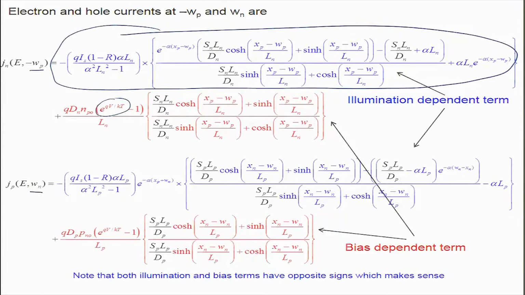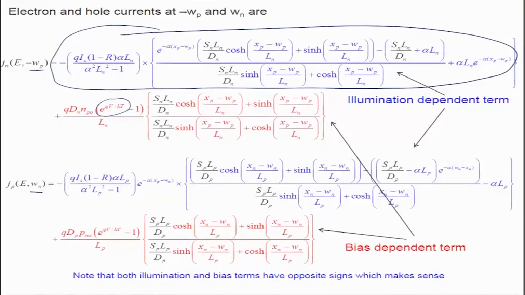So what will happen in case illumination is equal to 0? If illumination is equal to 0, then these two will become similar to what you calculated in dark. They will not be very different. So if you make Is equal to 0 and just have this term and this term, it should give you answers which are similar to what must have happened in dark condition.